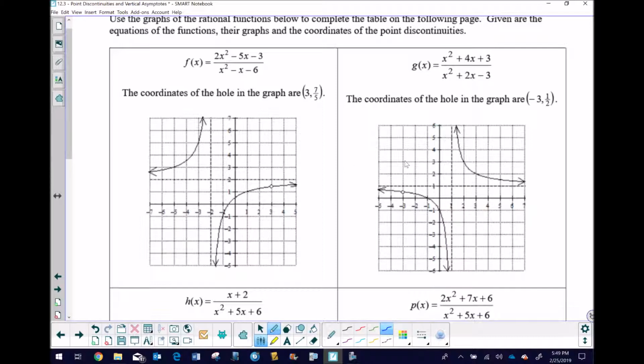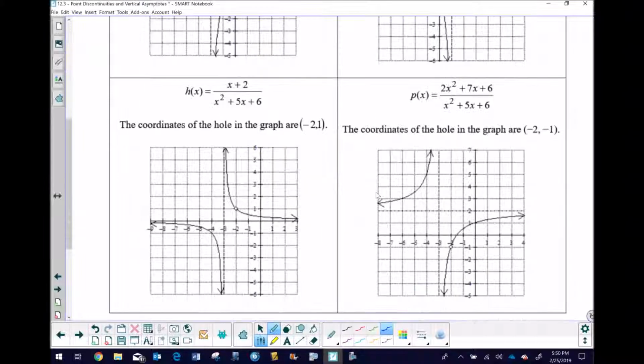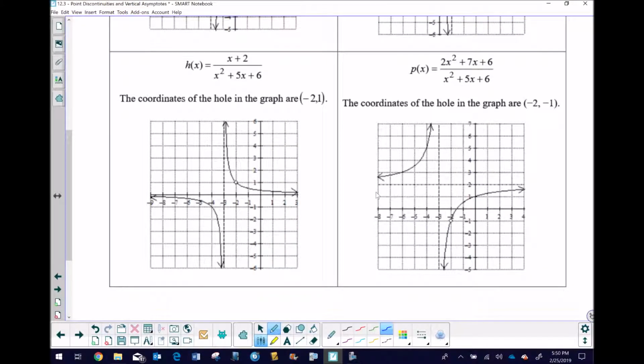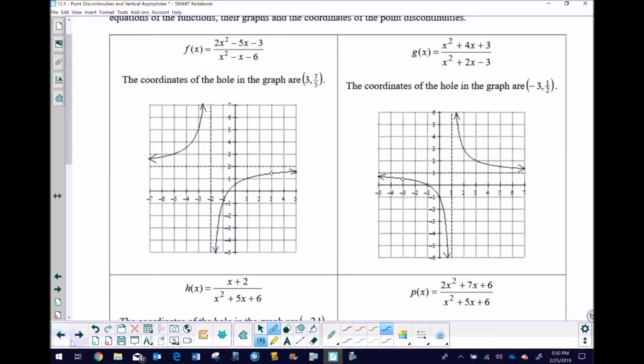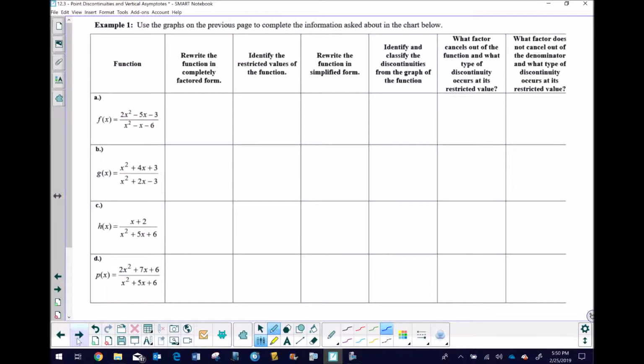Now, if we go to the g of x graph, we see that the rational function is given, and we do have the sketch given, and a hole is occurring now at (-3, 0.5). H and P are given below, and again, the same ideas are occurring. Each of these 2 graphs has a point discontinuity, one at (-2, 1), the other at (-2, -1). So I'm going to go ahead and move to the third page, and we see